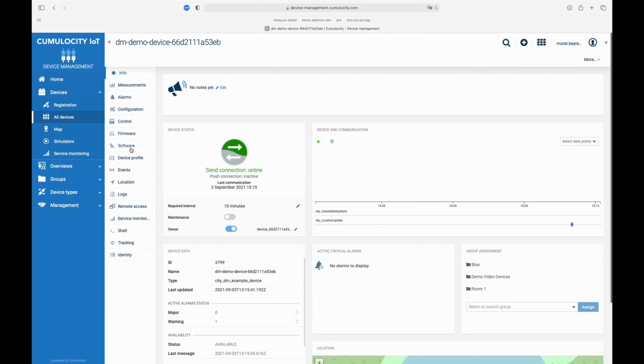What I want to show you now is how the identity management of the platform enables you if you want to change, for example, components or the whole device itself. So first of all, you will see that this device has a certain ID, so this 3799. In this case, this is the internal ID by the platform. So inside the Cumulocity, this particular demo device is internally addressed by this identifier, which has basically nothing to do